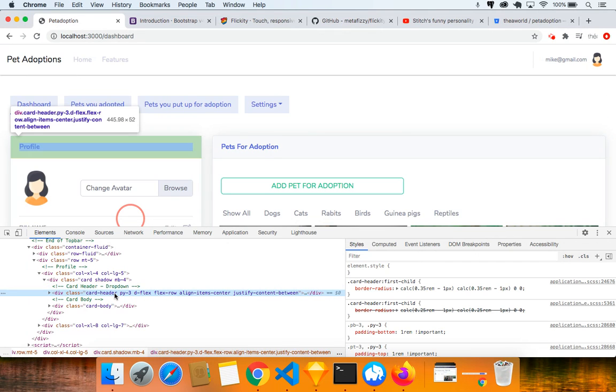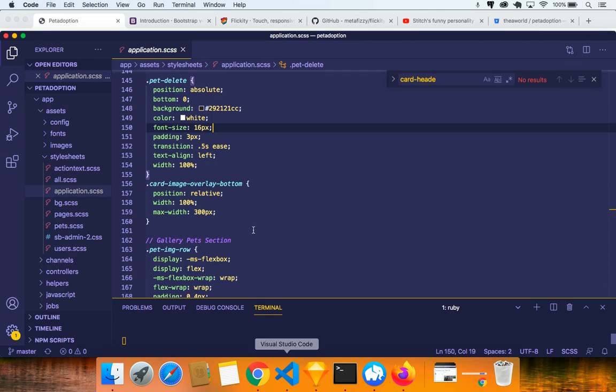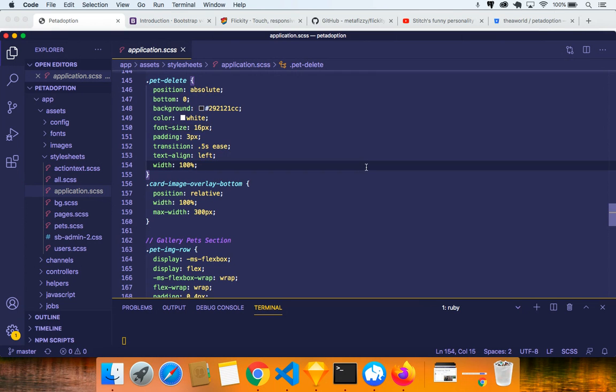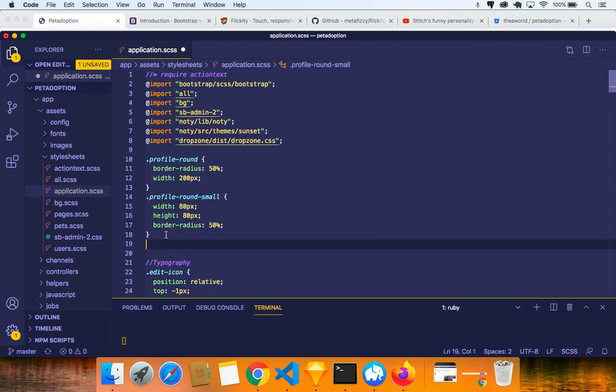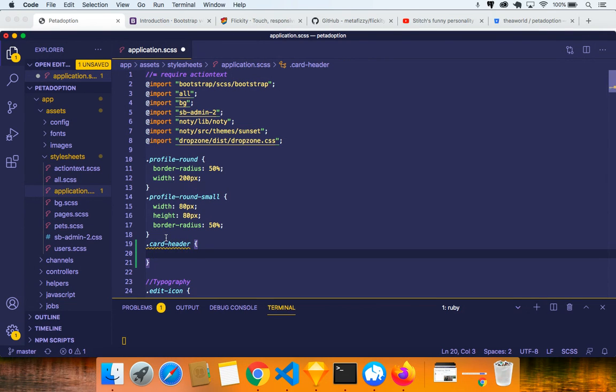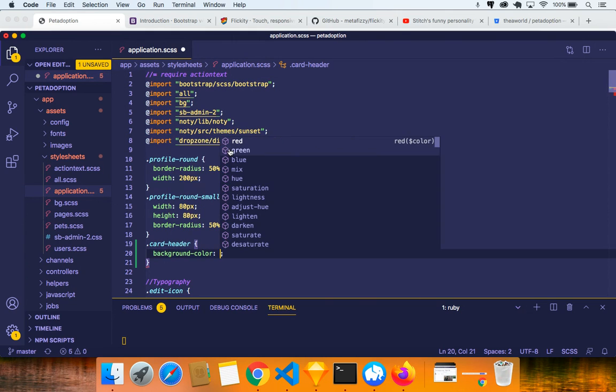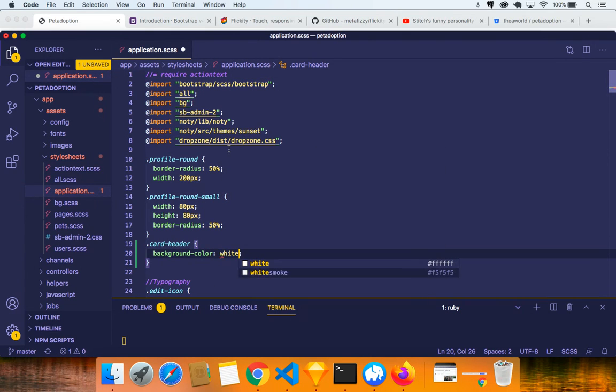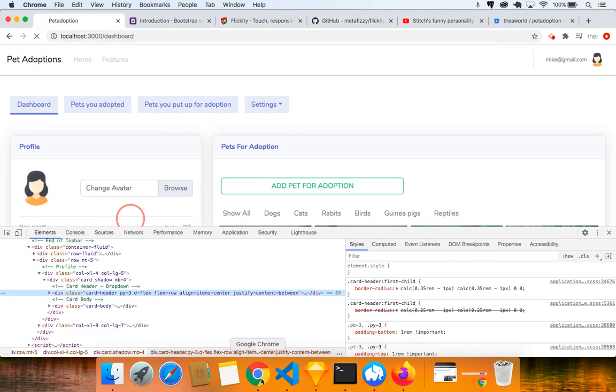All right, so it's not. So card header, no problem. We're going to change it, okay? So it's not in the application.scss. That's fine. Come to the top and we're going to add .card-header. That's just the class inside that card header, and put background-color. Let's make it white. Okay, so that's going to be a little bit trendier, cleaner, and we also want to remove the